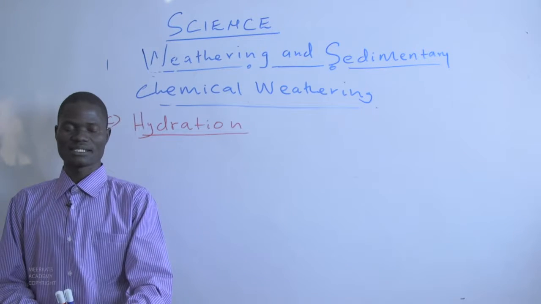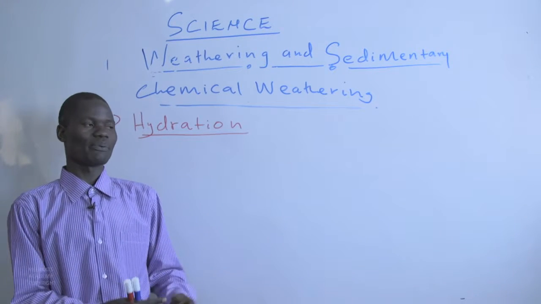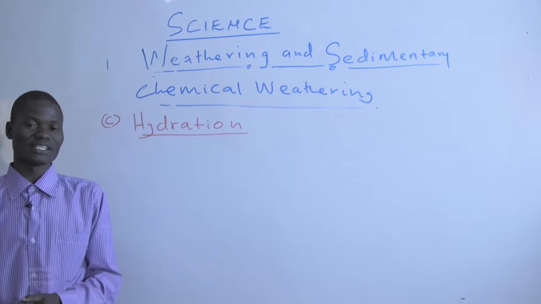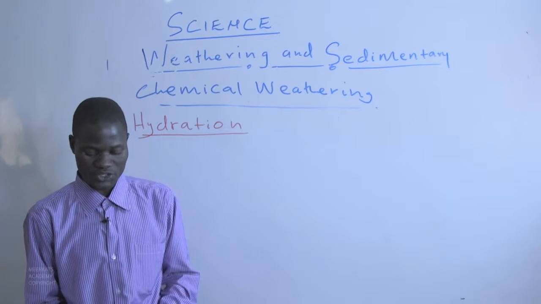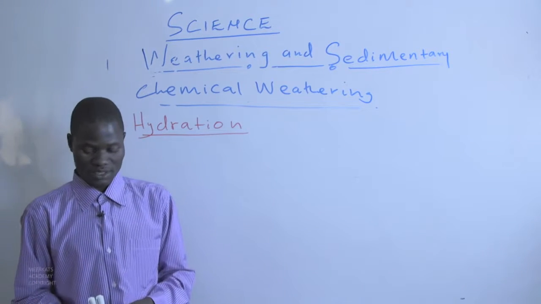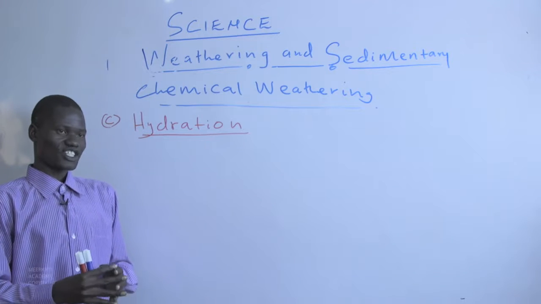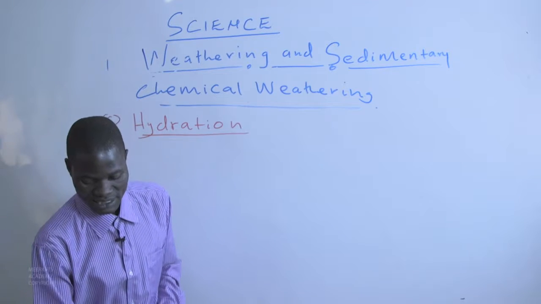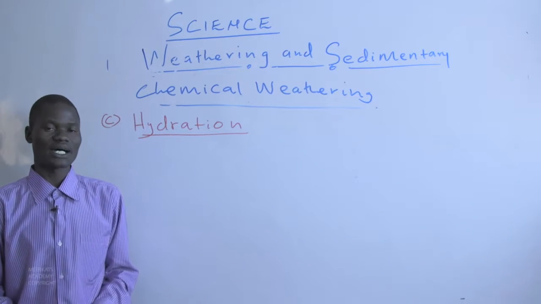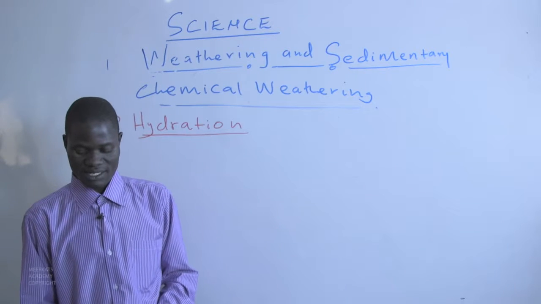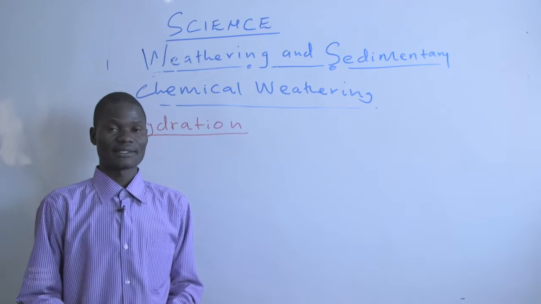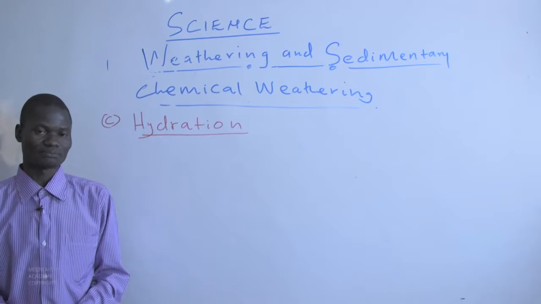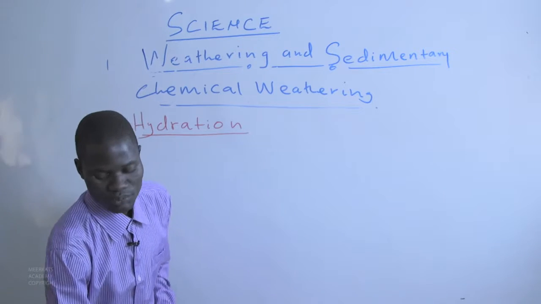Therefore, there is the repeated action of absorbing the water molecules and expanding, and during the dry period, the water is lost through evaporation. It also creates another process of hydration, that is expanding and contracting of especially rocks such as clay. In the repeated action, it may cause rocks to disintegrate and therefore cause the weathering process to be complete in a chemical form. When we move on in the humid region,